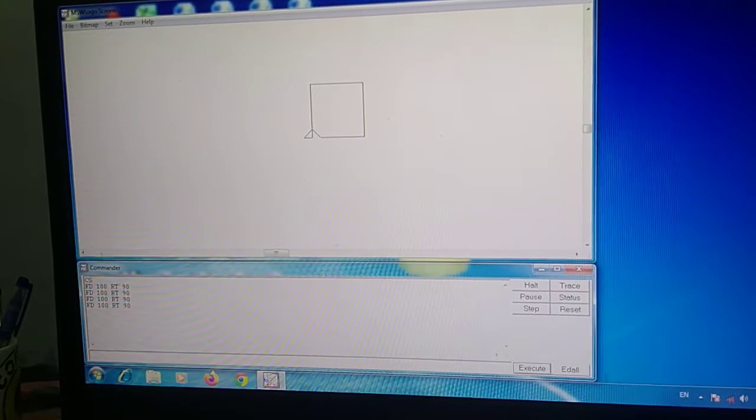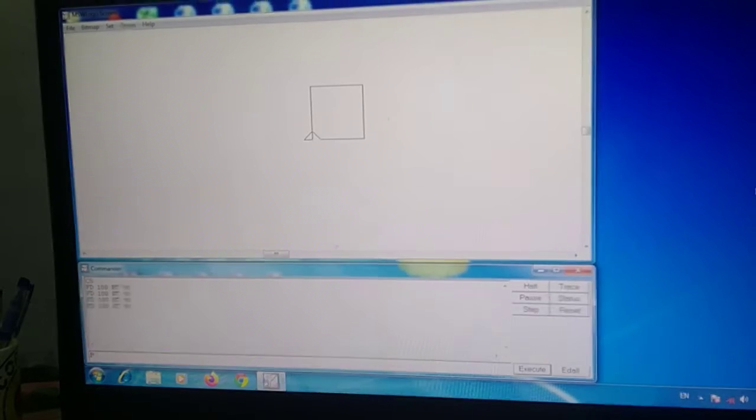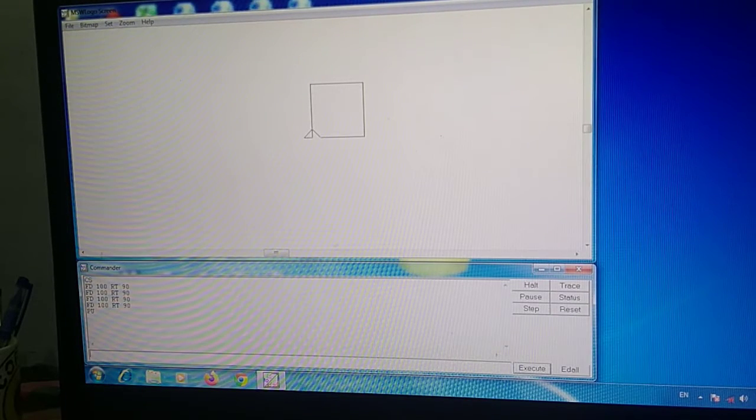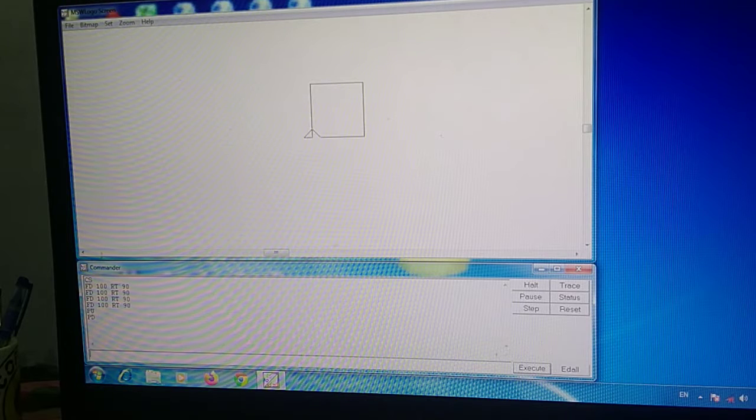Now your PU command. What is your PU command? The PU command is pen up, which means the pen is lifted upward. And if I write PD here, then the pen goes downward. This is your PU and PD command. The pen down command is used to make the turtle begin drawing again. For example, to draw two squares, you need to use the PU and PD commands.